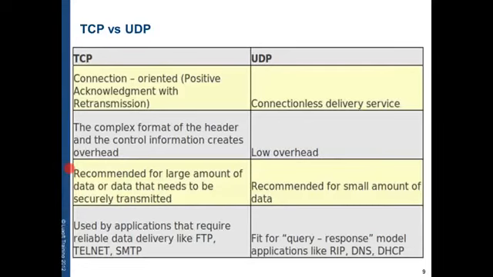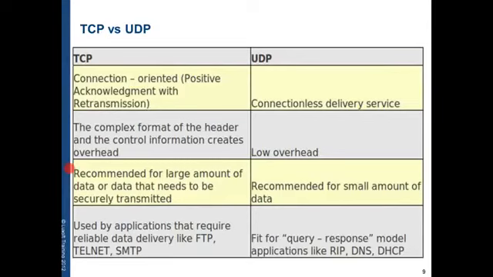UDP is recommended for a smaller amount of data, and it is fit for protocols that have in themselves a way to see if the receiver got the information. Such applications are RIP, DNS, or DHCP.